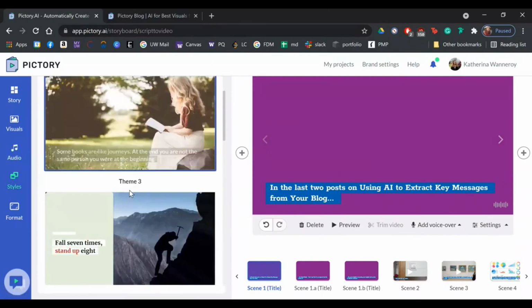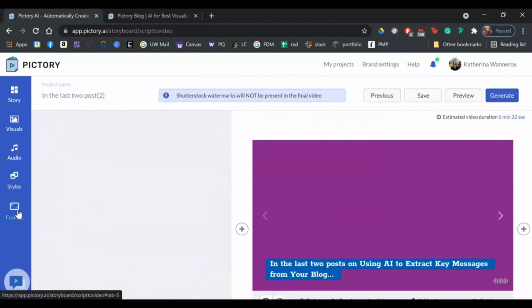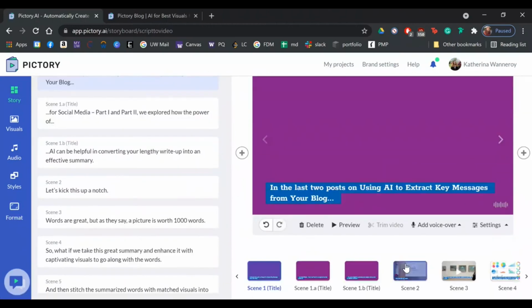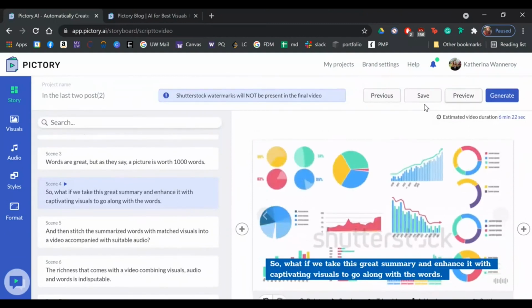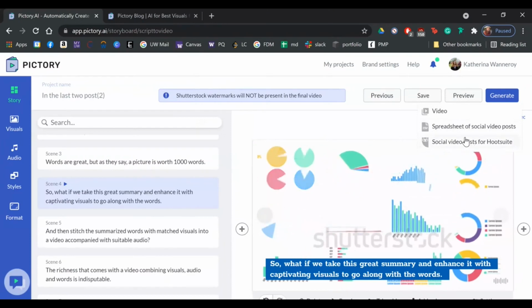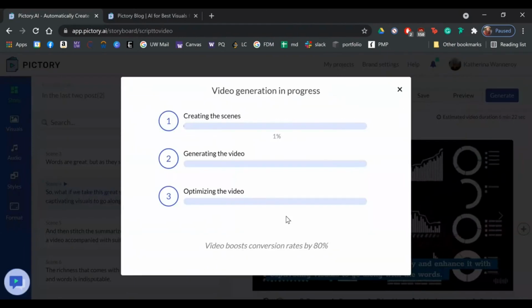And finally, you can edit the styles of your subtitles as well as the format of the video again. So this is just an overview, but at this point, if you were satisfied with your overall video, you could either preview the video, save it, or generate the video. In this case, you can either generate a video, you can generate a spreadsheet of social video posts, which will come out as a CSV file, or you can generate social video posts that will be posted directly to Hootsuite. And so in these three options, I'm going to select video,